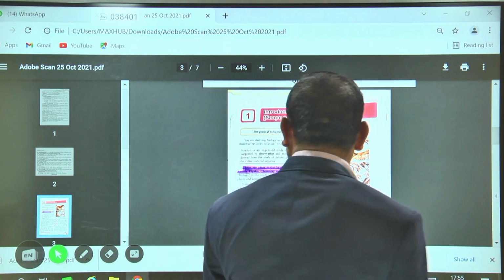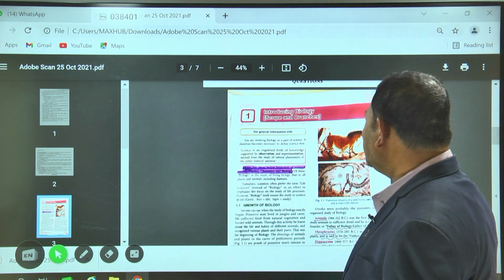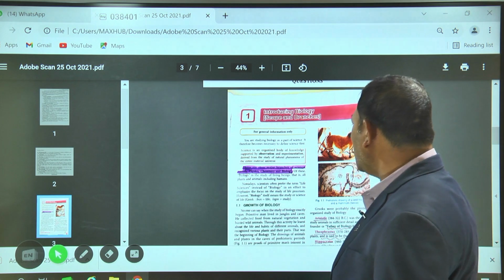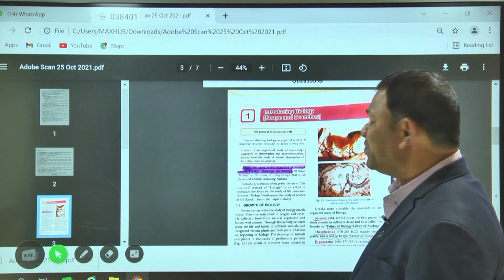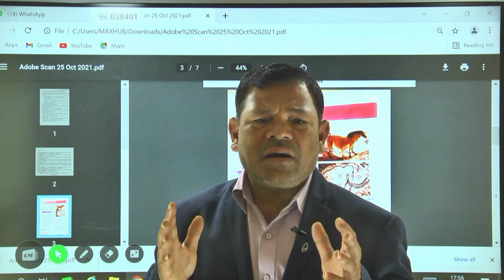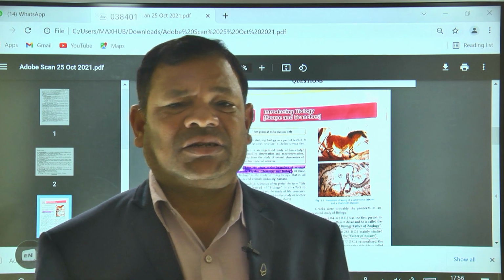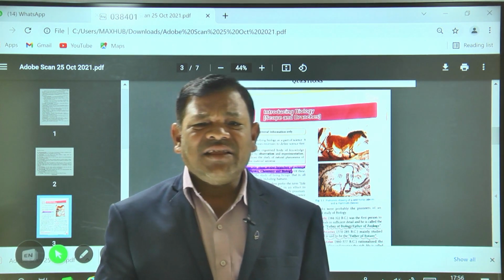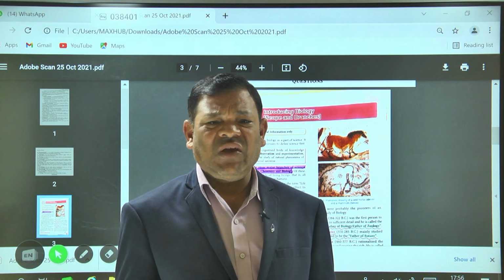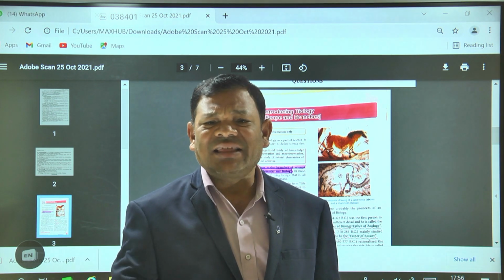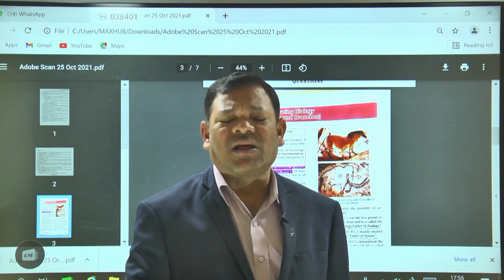Before that, we have the definition of science. Science is an organized body of knowledge supported by observation and experimentation. All the knowledge we gain comes from observation and experimentation. Science only believes the experiment. If the experiment is correct, then that statement is correct. If the statement is true, it is given the status of a law.